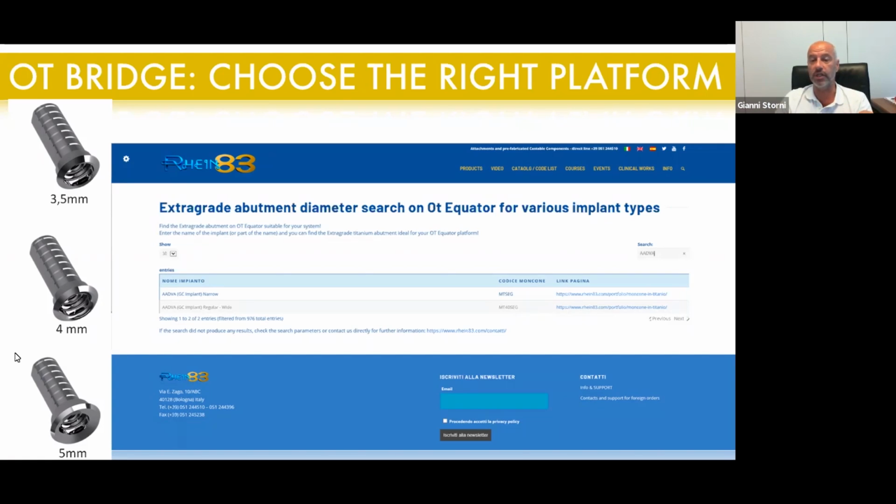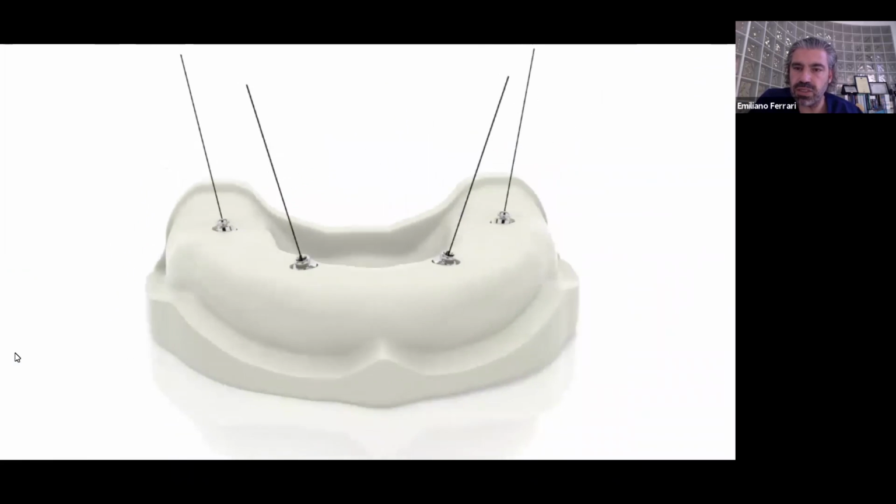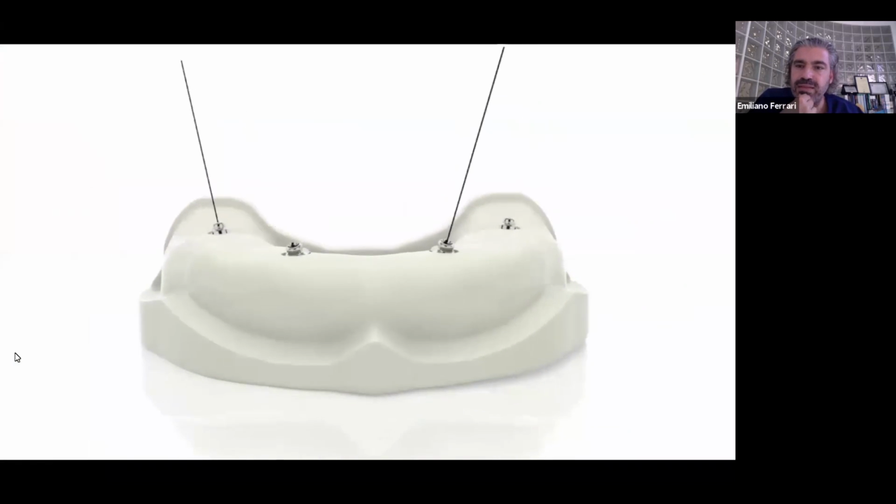But you have only 2 fields inside our website: name of the implant, diameter of the implant, and it shows up the exact reference that you have to order for your specific implant. Freelite, Astra, any brand that you need, you have only to write and choose the correct reference. Okay, so we have different ways to use this kind of abutment, but the very, very important thing